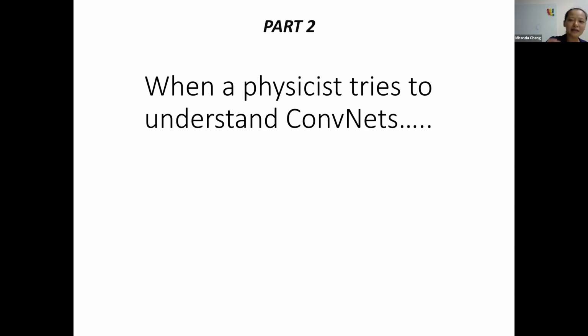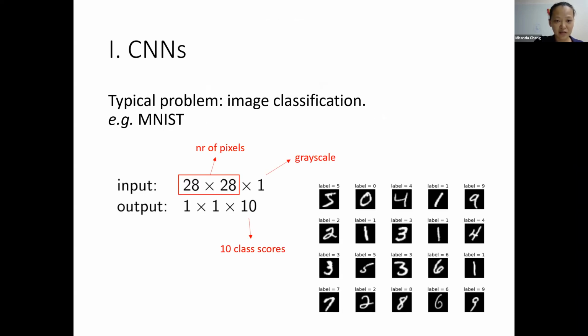Okay, so part 2 is an older talk: when a physicist tries to understand conv nets. I will focus on a conceptually extremely simple neural network, a convolutional neural network. A typical problem is image recognition. You want to recognize